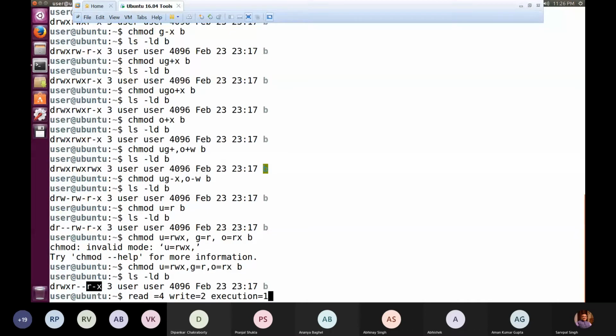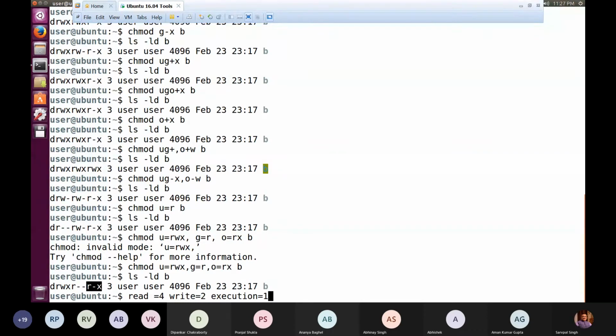Okay. When we say that we are giving only 6, 6 is possible only with 2 combinations, reading and writing, because 4 plus 2 is 6. So that fellow has only reading and writing. And execution is 1, so if we are giving only 3, you know that 3 is possible with the combination of 2 and 1. That means only writing and execution rights, but there is no read permission. So because of that, we do not have any number 3 assigned to any right.